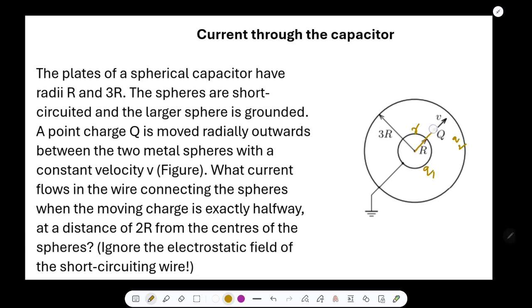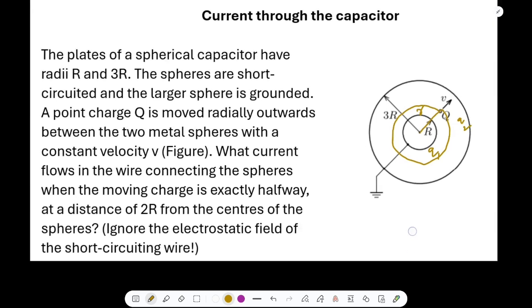I would like to consider this charge q also distributed on a concentric sphere, and there is nothing wrong in it because we are going to avoid the distribution of charges. And so this outermost sphere is grounded, so its potential will be equal to 0, and we can write